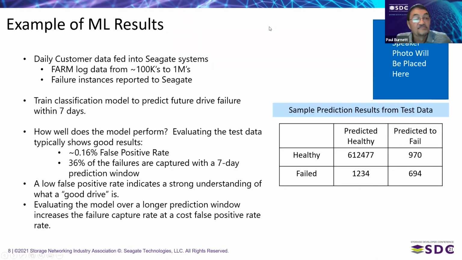So I want to go over an example of our machine learning results. This is one example where we had a customer, and we fed some FARM logs into the Seagate systems, with anywhere from 100,000 to 1 million records, and that continues to grow as we get more data. We also had some failure instances reported to Seagate, where they identified drives as failures. From there, we train a classification model to predict future drive failures, and we target a timeline like